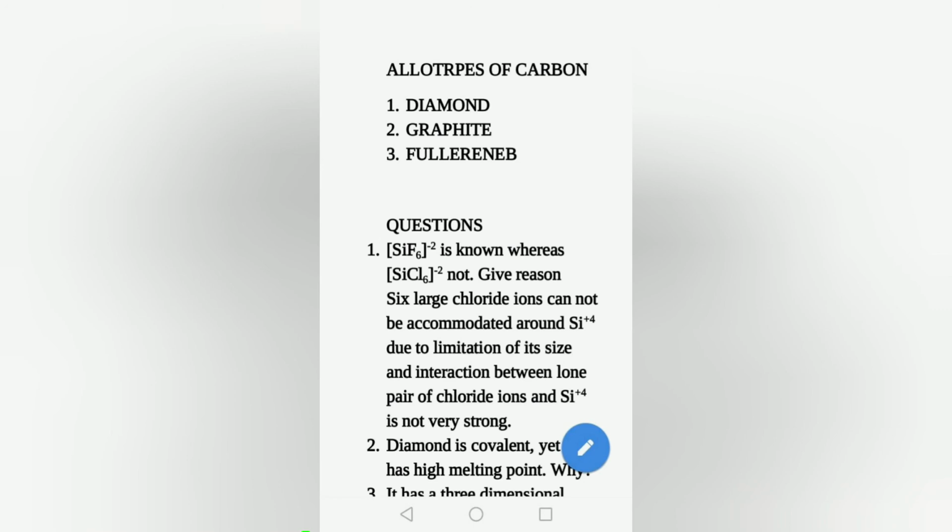Each carbon atom in the structure forms 3 sigma bonds with 3 other carbon atoms, and the fourth electron remains free. The free electrons delocalize and provide some aromatic character to the molecule. It consists of 12 five-membered and 20 six-membered rings. Fullerenes act as wonderful lubricants, and the alkali metal compounds of C60 are used as superconducting substances at temperatures of 10 to 40 Kelvin.